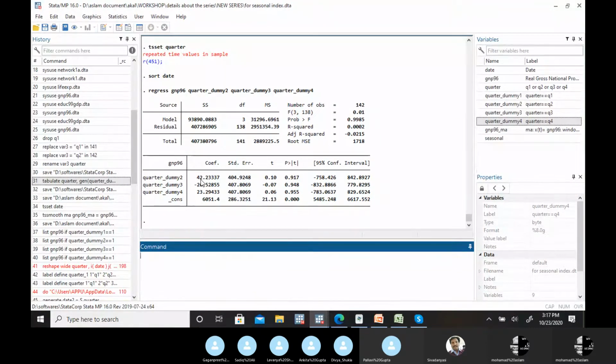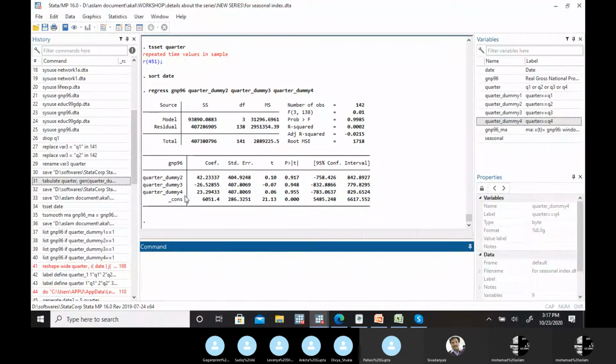If it's rupees or dollars, whatever the units are, let's say rupees, then in the second quarter as compared to the first quarter, the GNP is more by 42 rupees on an average. In the third quarter, it's less compared to the first quarter. And in the fourth quarter, again, it's an increase. So it's an increase, decrease type of thing.